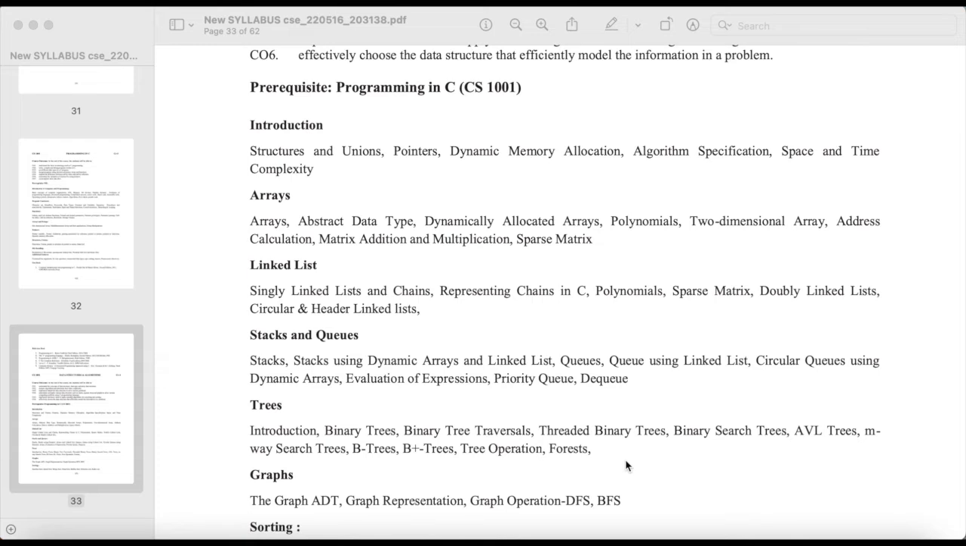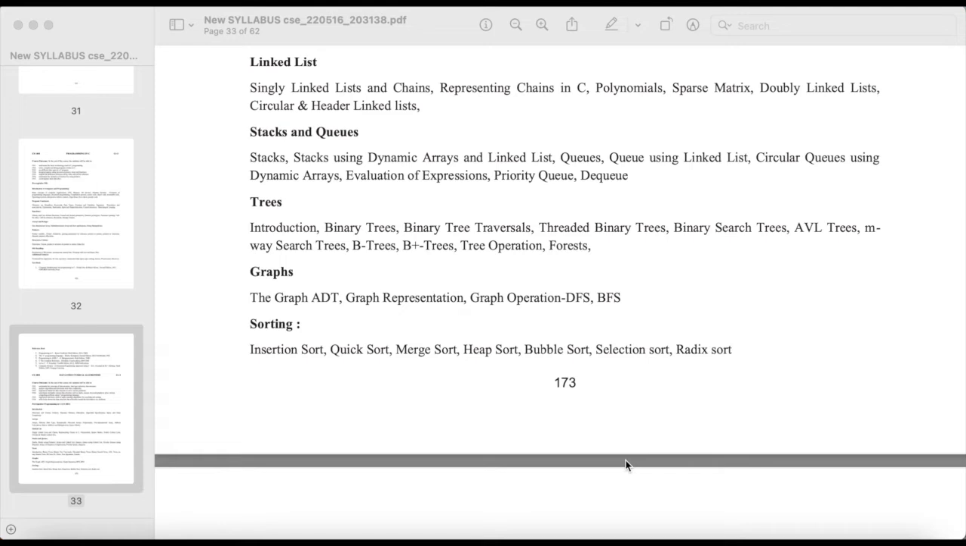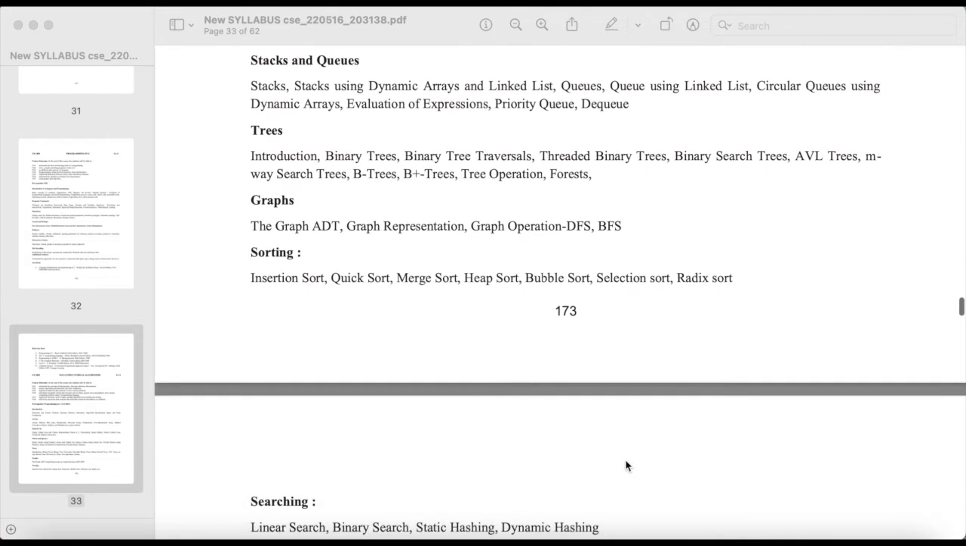type, dynamically allocated arrays, polynomials, two-dimensional array, address calculation, matrix addition and multiplication, sparse matrix, linked list, singly linked lists and chains, representing chains in C, polynomials, sparse matrix, doubly linked lists, circular and header linked lists, stacks and queues, stacks using dynamic arrays and linked list, queue using linked list, circular queues using dynamic arrays, evaluation of expressions, priority queue, deque, trees, introduction, binary trees, binary tree traversals, threaded binary trees, binary search trees, AVL trees, M-way search trees,